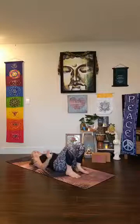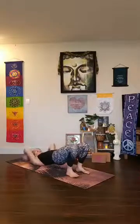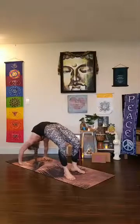And each set will hold the back bend about 6 breaths. So here we go, little bridge pose or Urdhva Dhanurasana. And whichever one you're in, if you want to come into the extra hamstring stretch, walk your left foot more